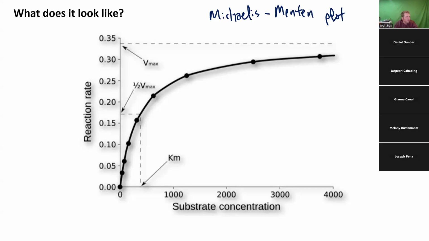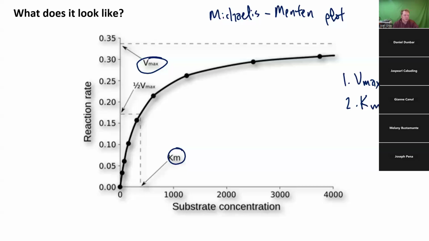Now, with that in mind, what we are interested in whenever it comes to evaluating enzymes is we want to know what is the Vmax. So what is the fastest that this enzyme can possibly go? That's one parameter we're interested in, Vmax. And a Michaelis-Menten plot tells us that. The other important parameter is our Km,